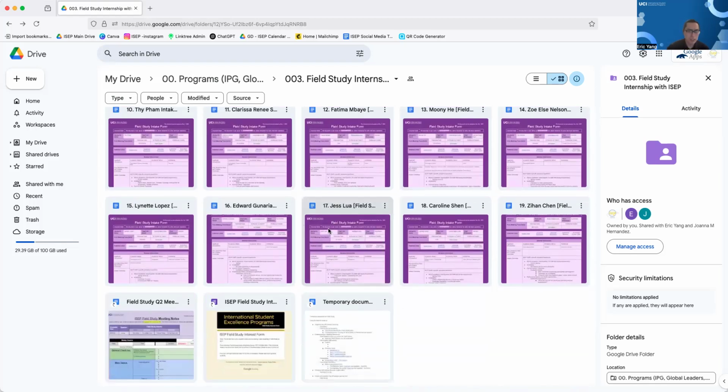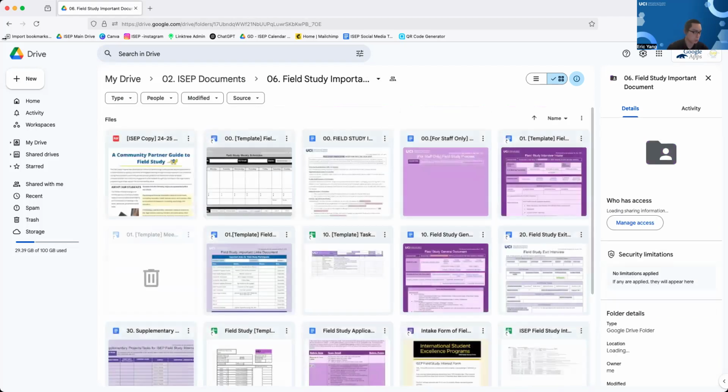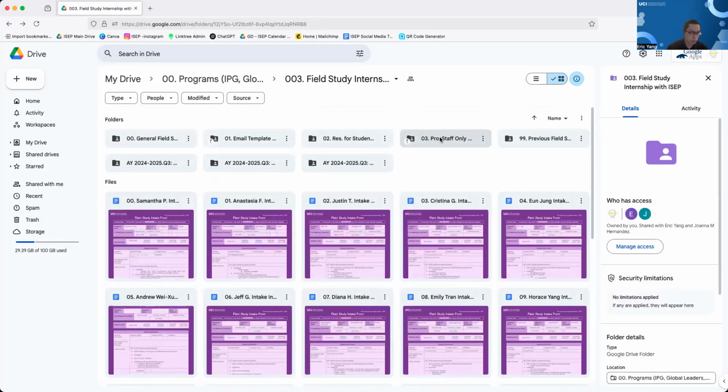Going down the list, this is the professional staff document. We're going to look at that a little later. This is also a shortcut, because there's a separate folder that student staff might have access to, and we don't really want everybody to have access to these folders. These are more behind the scenes, some contracts and everything, so I'm going to keep those on a need-to-know basis with only certain access.